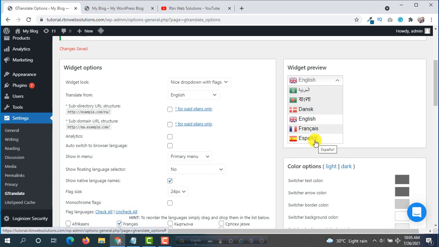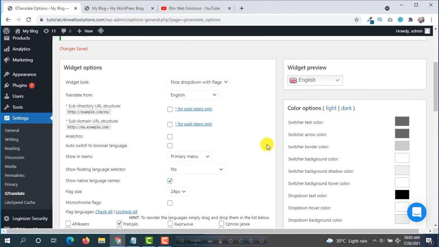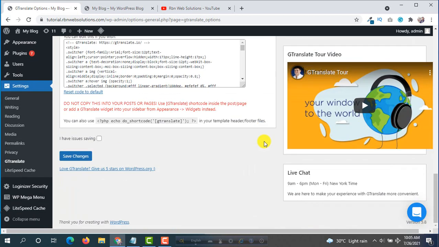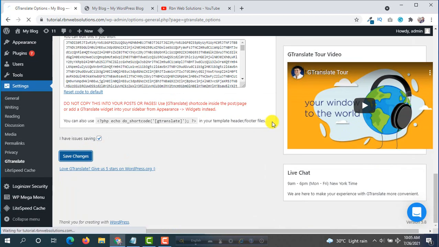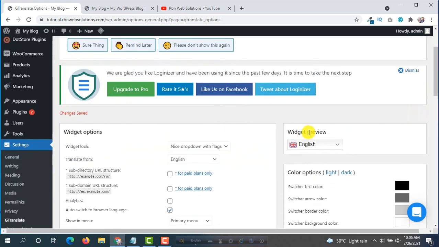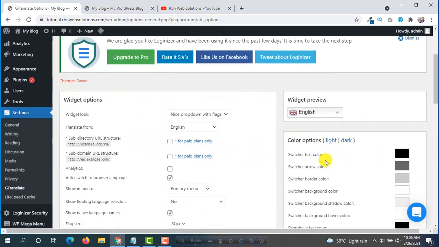If I am from a Hispanic country, when I browse the website, it will automatically select the Spanish language. This is a super option for this plugin. For this you have to click on auto switch to browser language, then select and make save changes. And now if you want to customize colors, then you can easily customize this look.